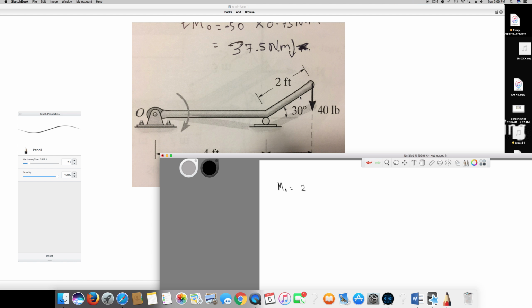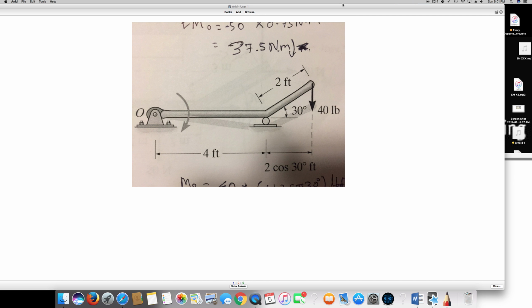It's acting clockwise, therefore it should be negative. 2 sine 30 is our vertical distance, times 40 lb, plus this horizontal distance, which is 4 feet plus 2 cos 30,